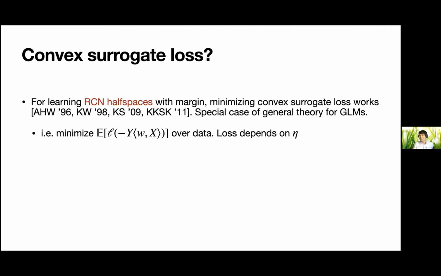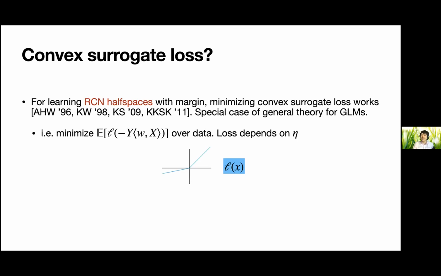And so it's good to know that for the RCN half space, as long as you assume margin, which for simplicity throughout the talk we're basically going to be in the margin setting, there actually is a fairly simple algorithm where you just minimize some loss averaged over the data. The loss looks basically like this. It may be surprising that the loss function looks like this. It looks kind of like the hinge loss, but on the negative numbers, the hinge loss is 0, whereas this loss actually goes negative.